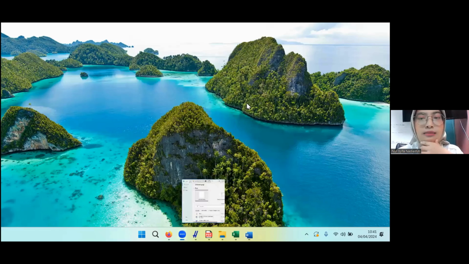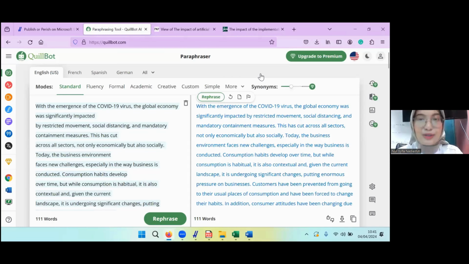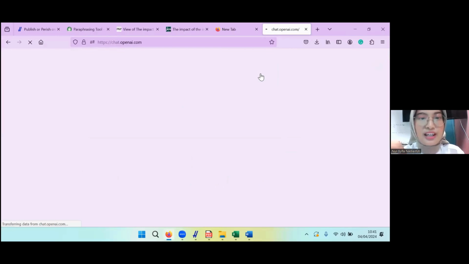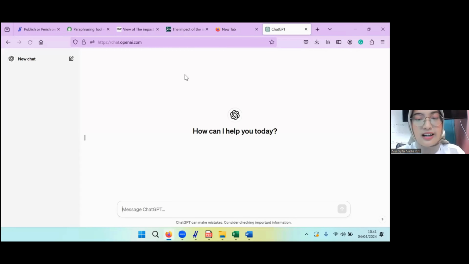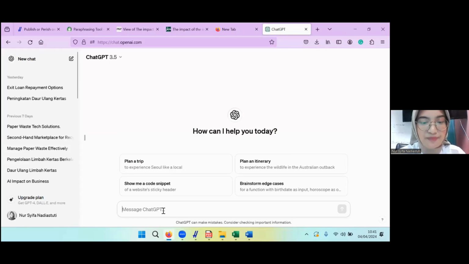But I usually use ChatGPT to paraphrase. I type in the prompt, paraphrase it. Then, for example, if I choose ChatGPT to paraphrase my sentences, I click to message ChatGPT, paraphrase it.